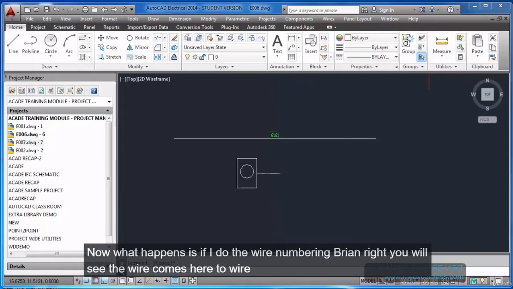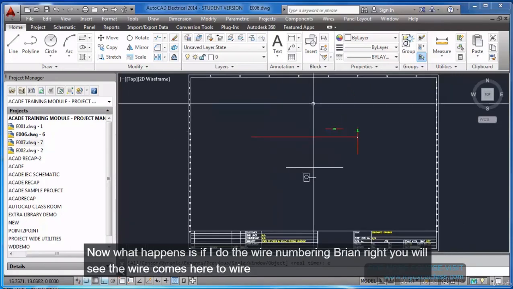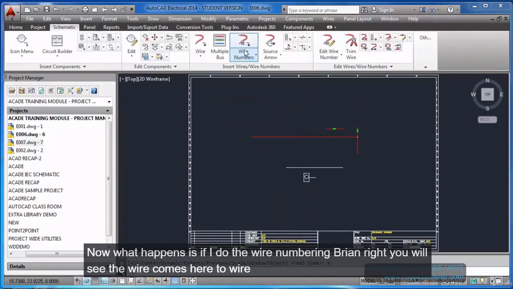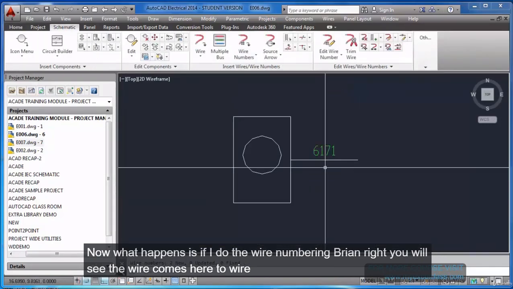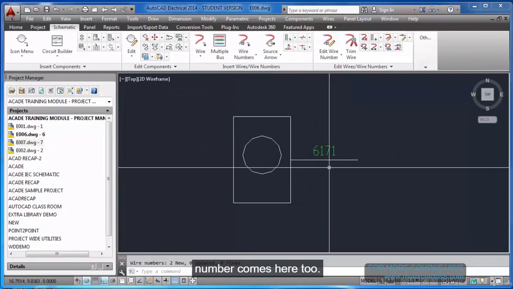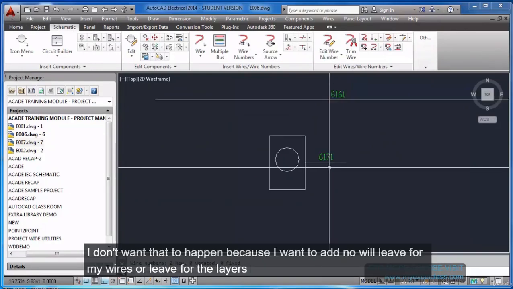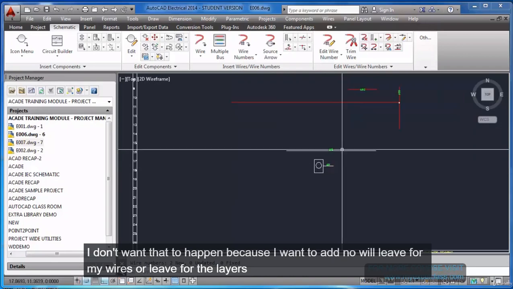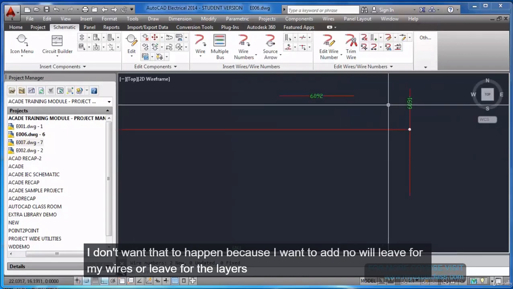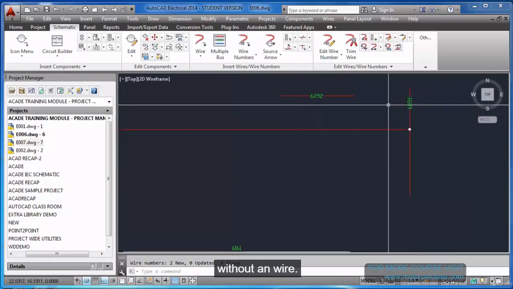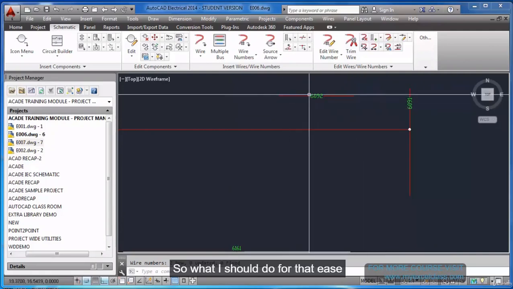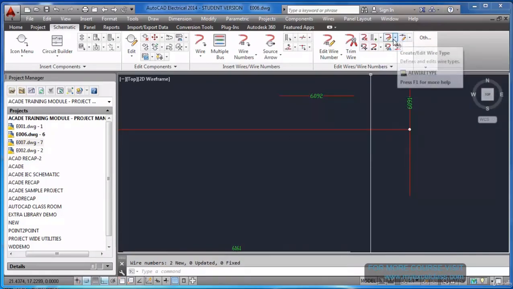Now if I do the wire numbering, drawing wire, you will see the wire number comes here too. I don't want that to happen, because I want the wire number only for my wires, only for the layers which are wire layers. So what I should do for that is,